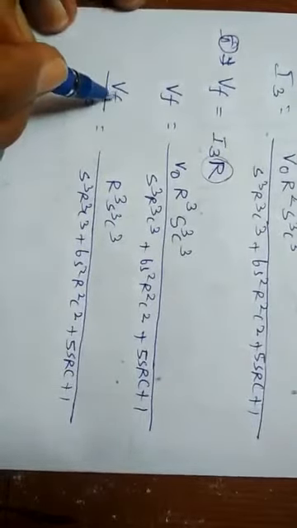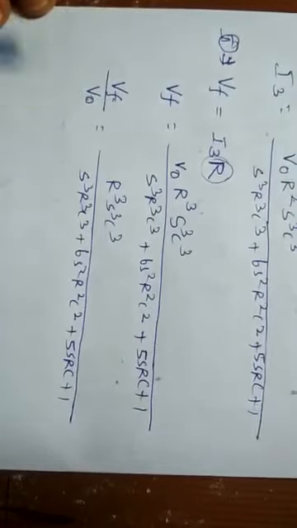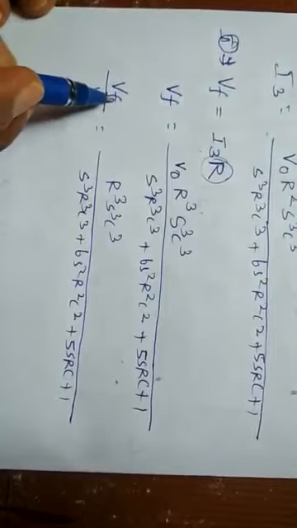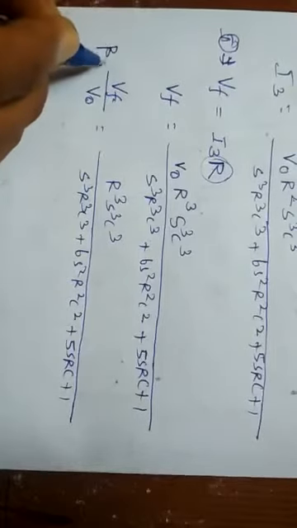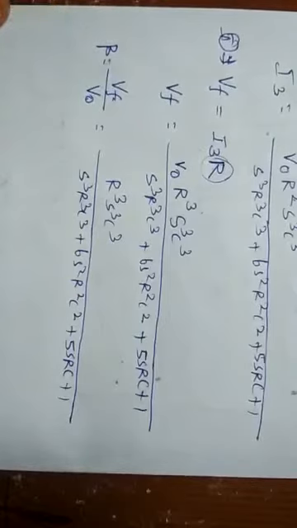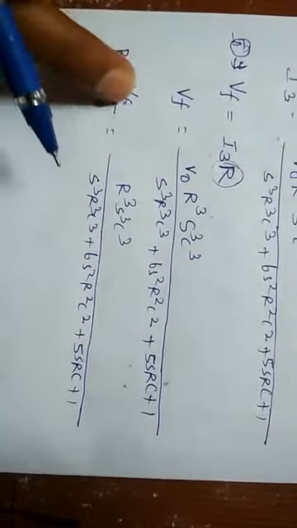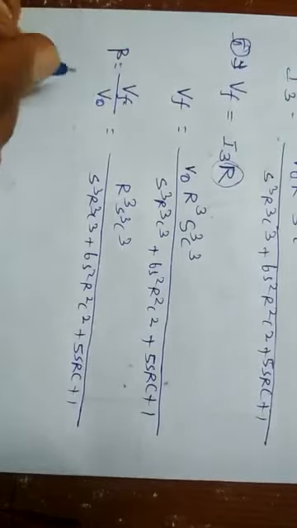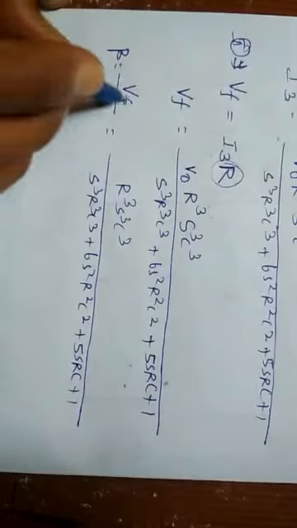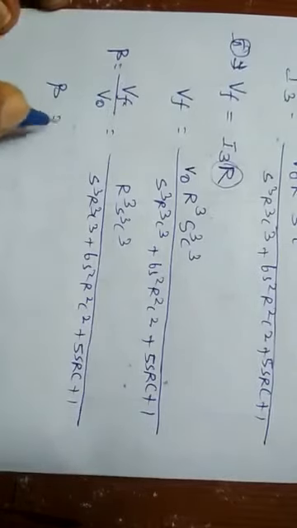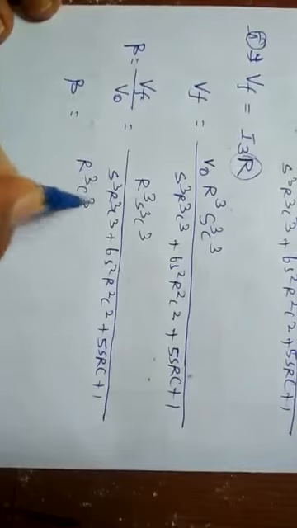So the Vf is the output from the feedback network and V out is the input to the feedback network. So the output of the feedback network divided by the input of the feedback network is the gain of the feedback network, and we have already named this as beta. Beta is Vf by V out. So hereafter we can use this beta for Vf by Vout. Beta equals R cube C cube